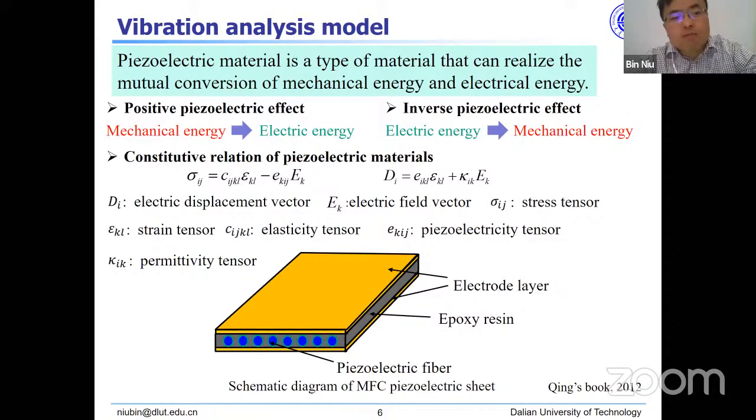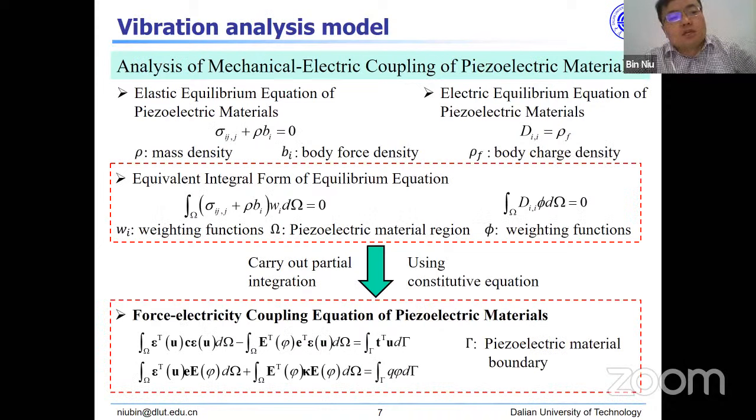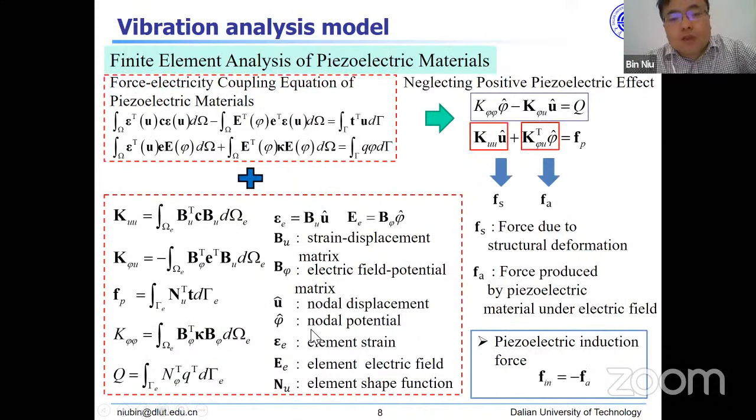We have a model where you can consider the elastic and also the electric equations of this kind of material, and after some derivation, you will get the force and electric coupling equations. But in this work, we do some simplification. This means we neglect the positive piezoelectric effect. This means we only consider the converse piezoelectric effect.